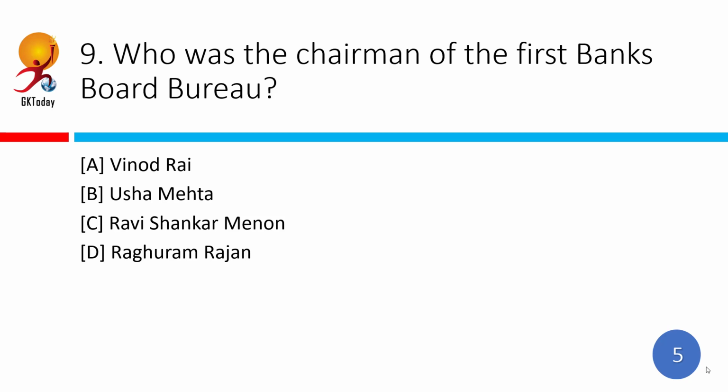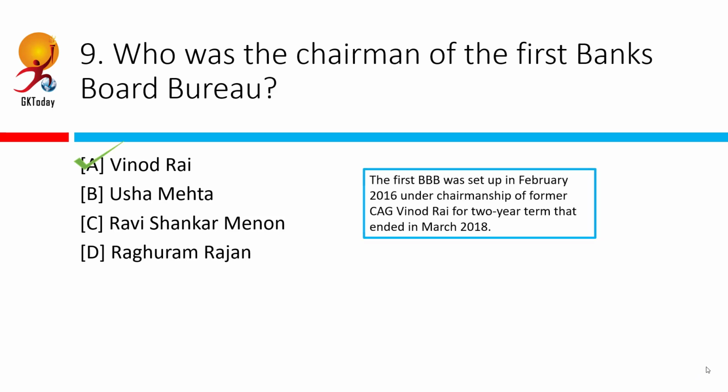Who was the chairman of the first Banks Board Bureau? Correct answer is Vinod Rai. Banks Board Bureau is an autonomous body of the Government of India tasked to improve the governance of public sector banks, recommend selection of chiefs of government-owned banks and financial institutions, and to help in developing strategies and capital raising plans. The first BBB was set up in February 2016 under chairmanship of former CAG Vinod Rai for 2